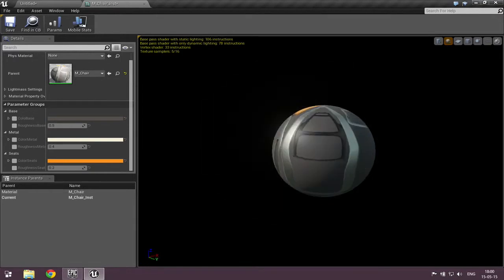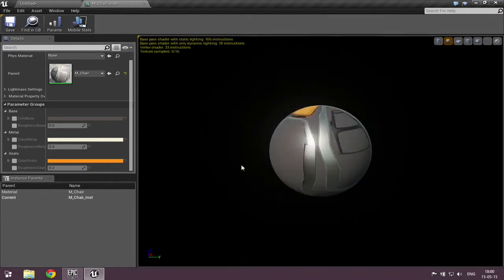This is the instance material wrapped around a sphere. And in order to get the, if you now click on this bar here for the color seeds. So this is a vector parameter value. You have to remember this color seeds. If you don't remember it, I can double click this,